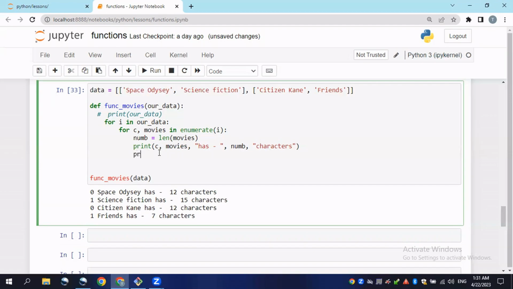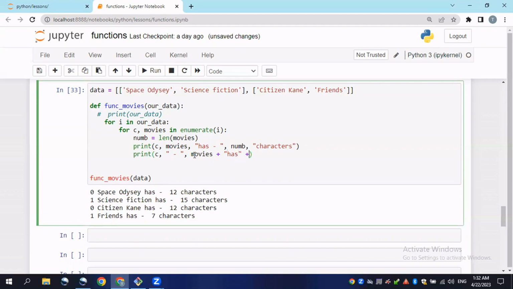I will type in print c, the first, then movies with the dash. Let's add a dash here. After the dash, not a comma here. Yes, here should be the comma, and after the dash it could be movies plus